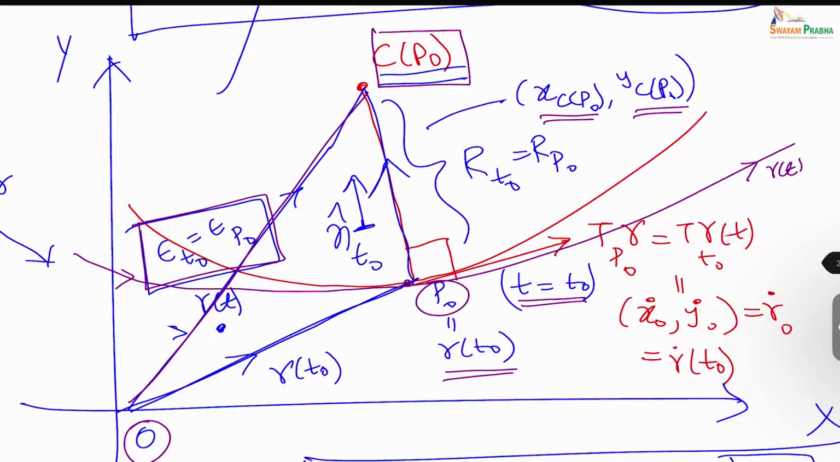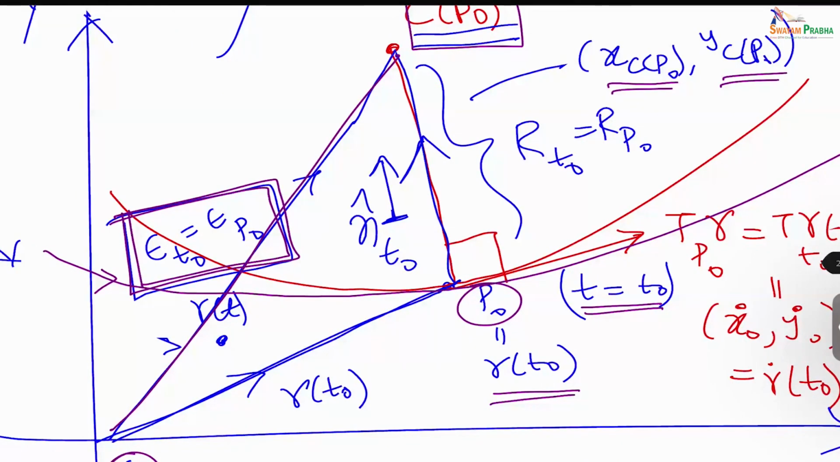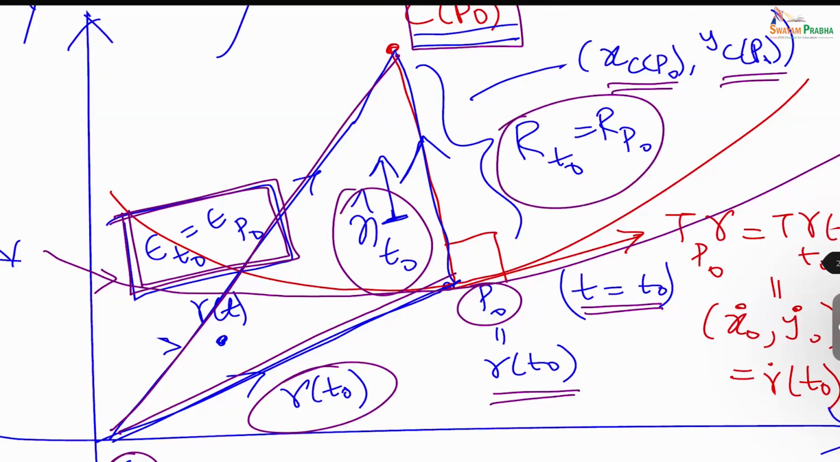That's the reason why I gave this notation epsilon t naught, and you can see by the triangle law of addition, this epsilon t naught is actually this position vector gamma t naught, added with this unit normal vector multiplied by the radius of curvature, which is this vector, okay, by the triangle law. And of course, the question was, how do you get this unit normal vector? And I told you that